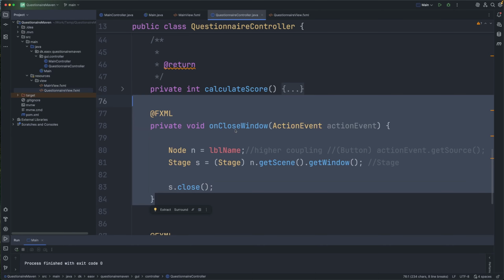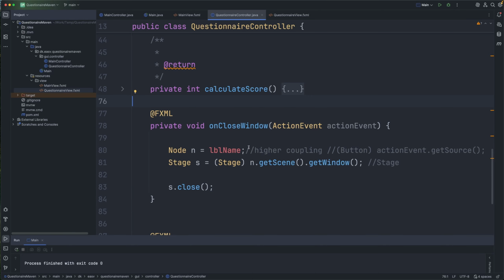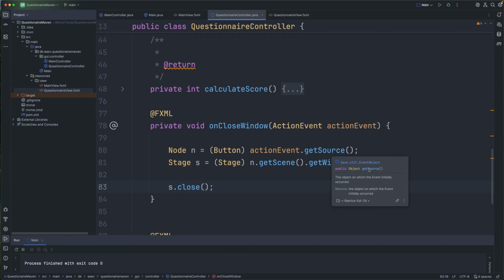It has nothing to do with this event handler, so it gives us a bit of higher coupling, which is not very good. So the best way is to use something that we already have available, and this is the action event, because it is here in the method as well. So we take advantage of that, and then because we are using action event and get source, you can see we